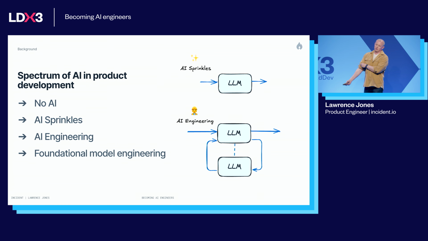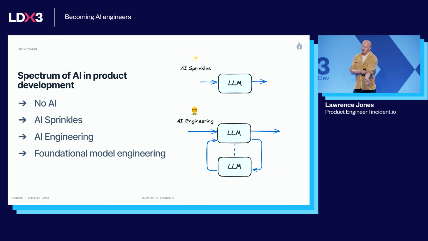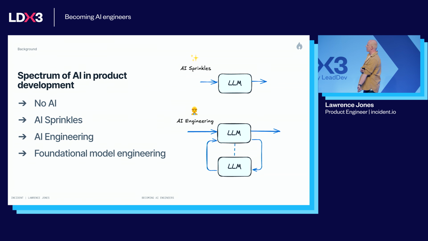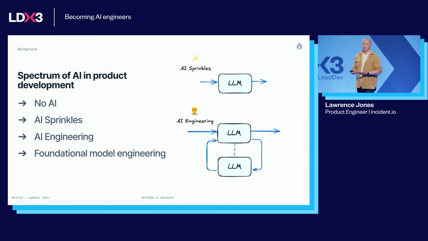Things like summarization, where you go to an LLM, you give it your data, you ask it to execute a prompt, you get the result, and you pass it straight back into the product. But it's pretty simple. You're just going into one LLM, and it's a fire and forget call. And this is where most companies stop. And there's a reason for that: most companies don't need the level of sophistication that comes next,